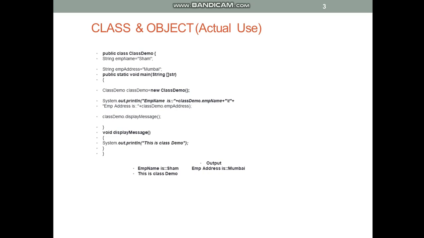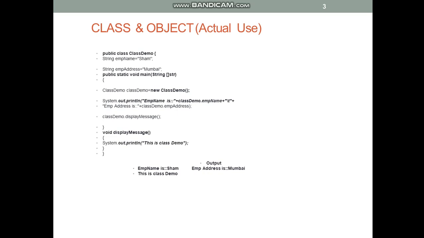So in this example, I created ClassDemo as a class. A class can represent any real world entity, like a bike, computer, pen, etc. Any kind of real world entity can be visualized as a class, and those real world entities, given an instance, are also objects. So that covers classes and objects. These are the actual uses of it.